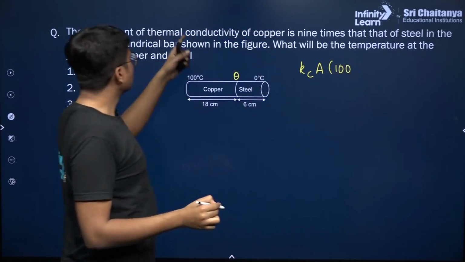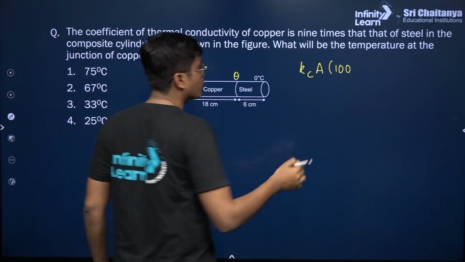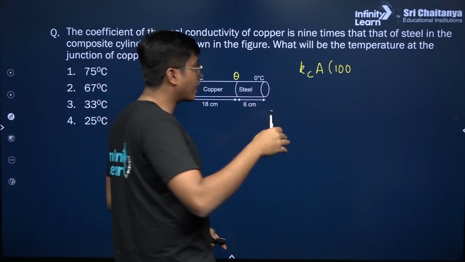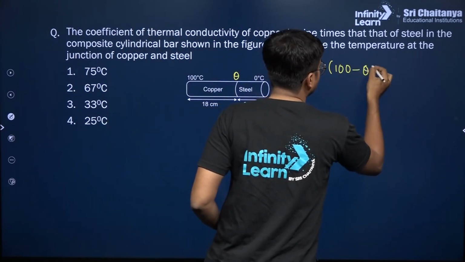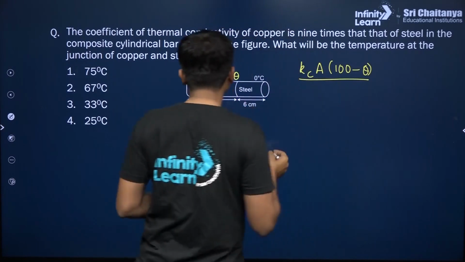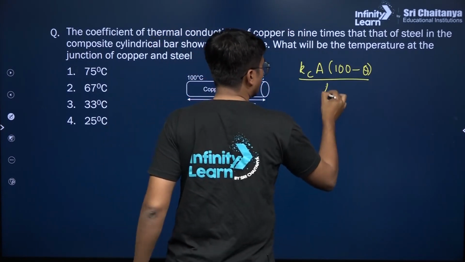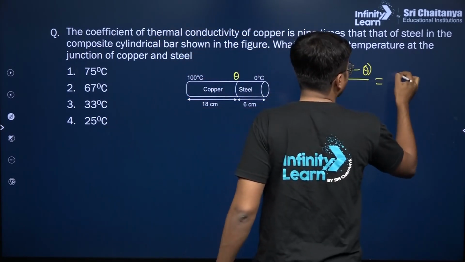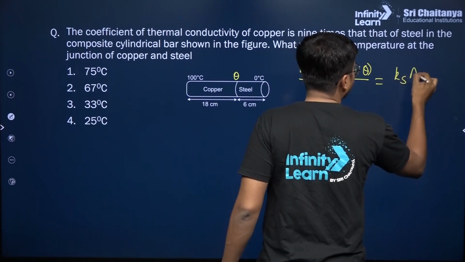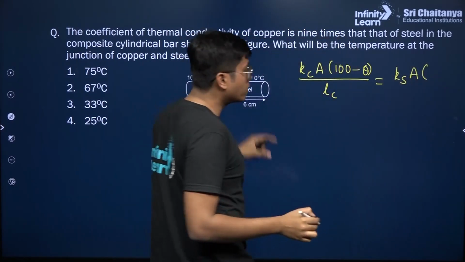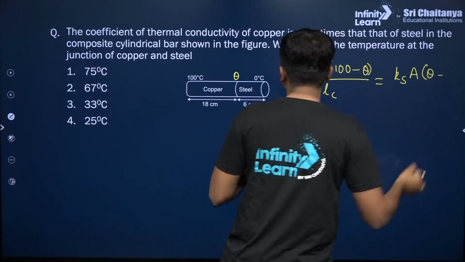Kc is the thermal conductivity of copper. We know KA del theta divided by L is Q by T. So theta divided by the length, which is given as, let's call that Lc for now. So over here we have Ks into A. Same area is maintained throughout. That would be theta minus 0 degree